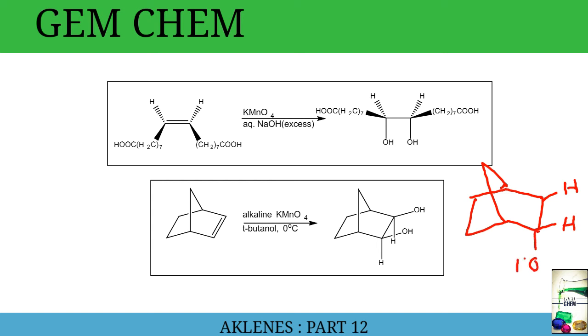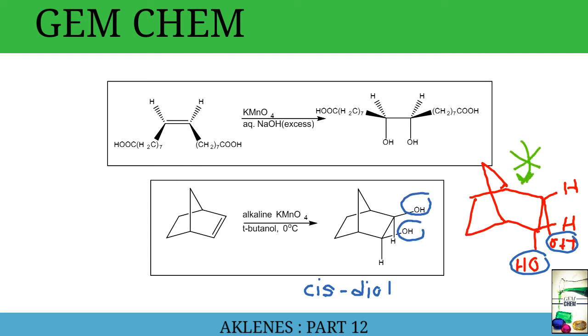But here we have seen that this is not occurring. See here, OH is present up, here both OH is present down, but the main thing is that both are cis-diols, so why is this product not coming? What is the reason for this product not forming? We have to know this, and this applies to every reaction having such kind of cyclic rings.